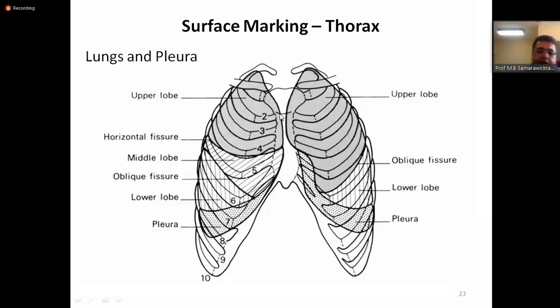So we'll take the right side. The anterior border passes down to the level of the 6th costal cartilage, and then it meets the inferior border, and the inferior border crosses the 6th rib at the mid-clavicular line, then the 8th rib at the mid-axillary line,